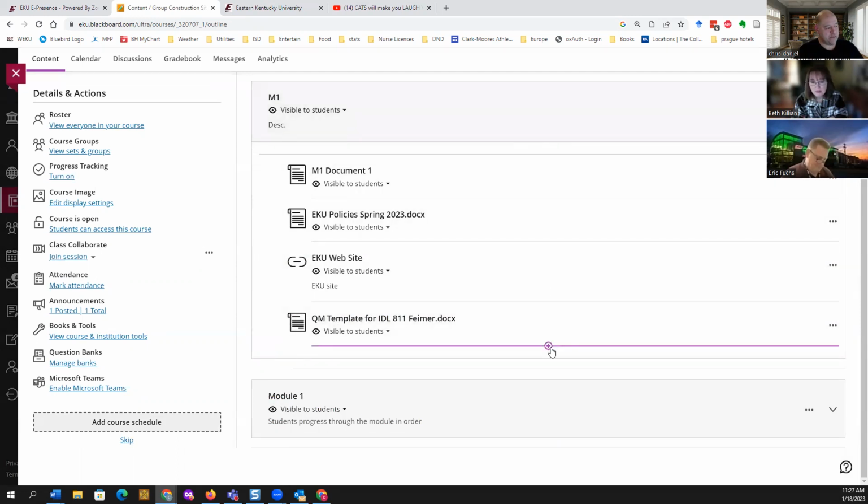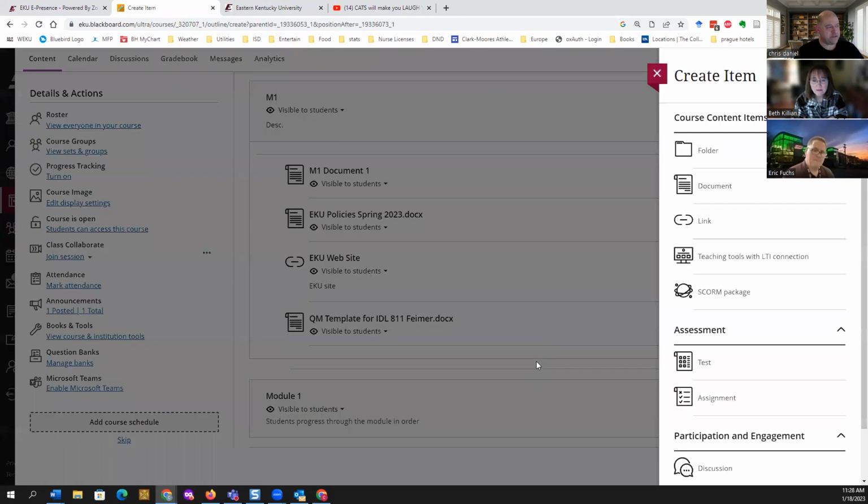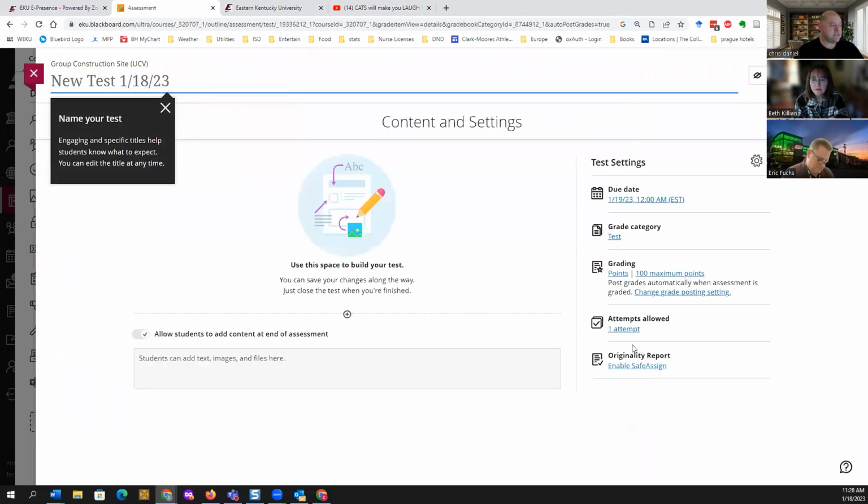Let's create something else. How about a test? So I'm going to hit the plus, click create, and under assessment is test. Here's an interesting difference between Ultra and Original. Tests and assignments look very similar.